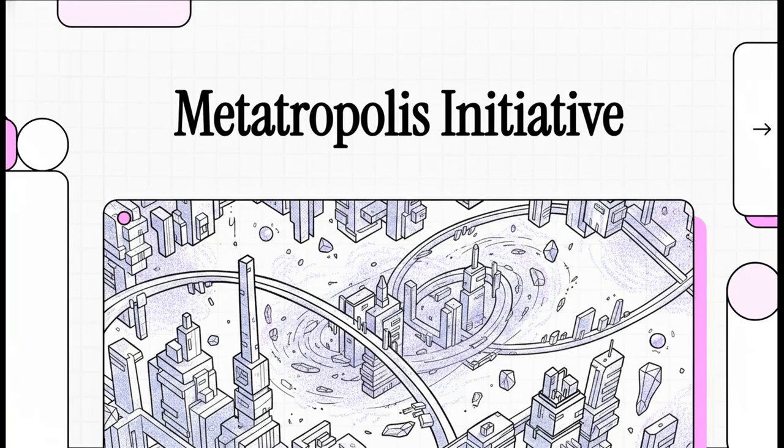Today, we're diving into a highly exclusive and critical briefing on the Metatropolis Initiative. Look, we're stepping way beyond theoretical physics now. We are actively entering the realm of applied multiversal architecture. My goal in this explainer is to give you a really clear, authoritative, and visionary look at exactly where we stand today, taking all that complex dimensional engineering and translating it into actionable business intelligence.